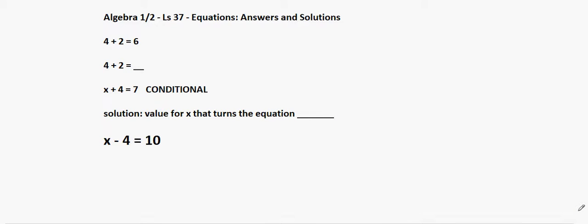Algebra half, lesson 37 is short, and I hope it's easy. I do find it just really important. That's a lot of what algebra half is. It feels elementary, but when you get down to it, these are key concepts to take the time to grasp, to wrap your mind around, because they will be the building blocks of the next level of Algebra 1. And if you understand the intricate details of lesson 37 on equations, you are setting yourself up